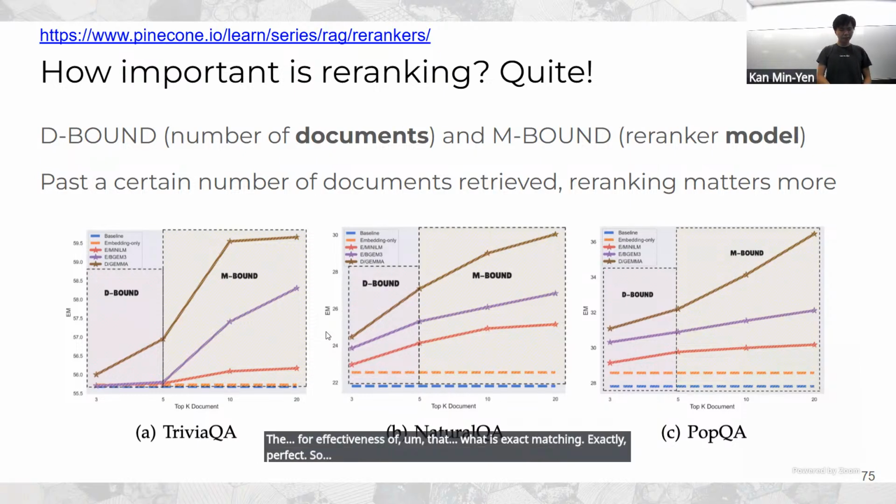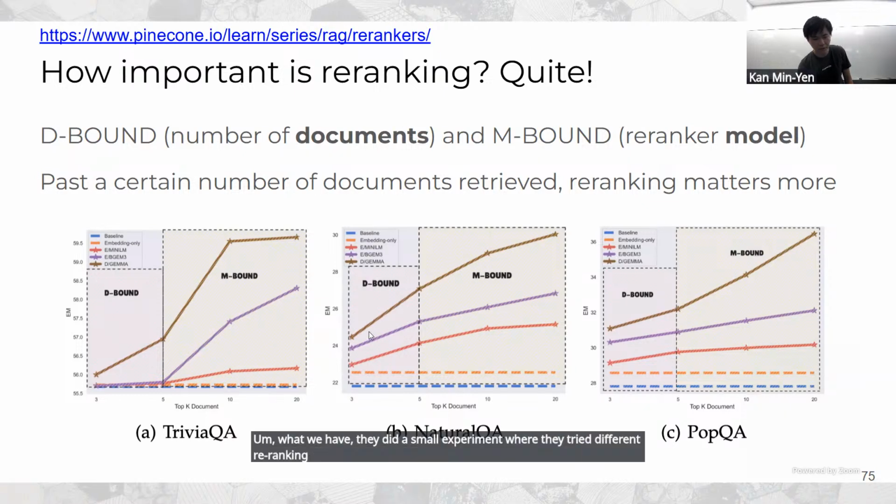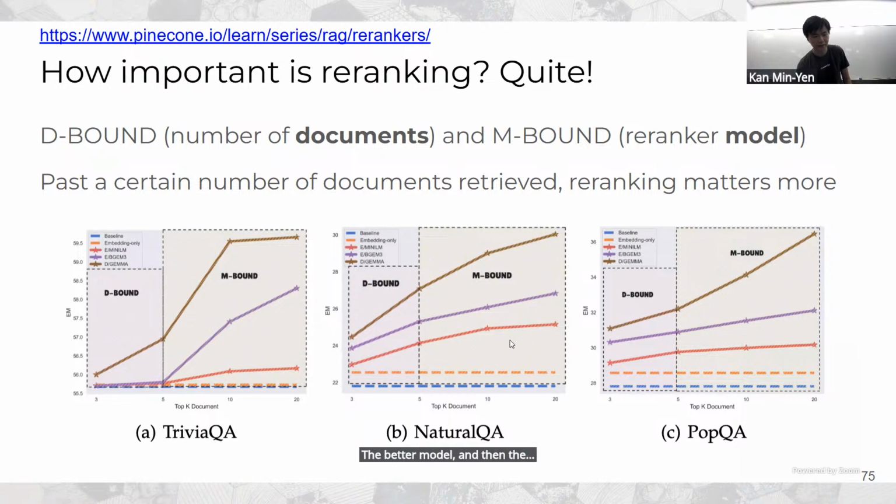So over here they did a small experiment where they tried different re-ranking models. The brown one is supposed to be the better model, and the purple and the red ones are supposed to be poorer ranking models. I feel like the data here isn't very conclusive, but they use the fact that the brown diverges from the purple graph a little bit more beyond 5 documents.